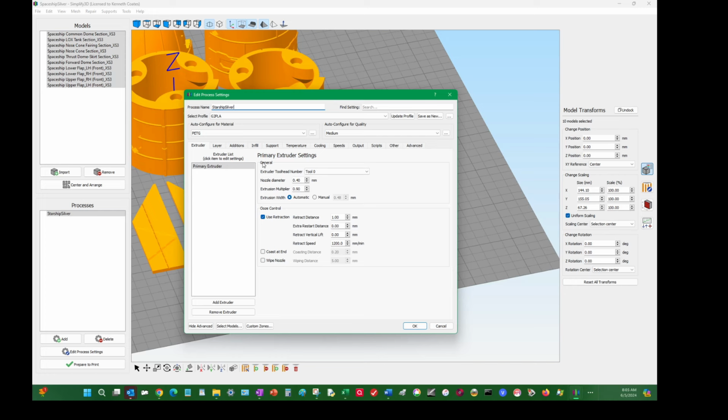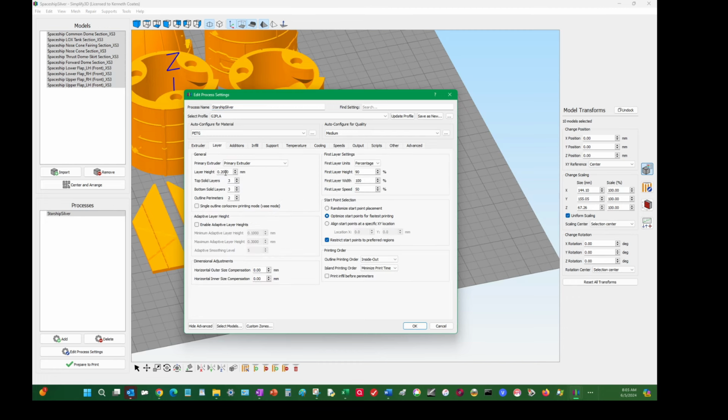So this is our standard PLA profile. We use a 0.9 multiplier, 0.3 nozzle diameter. We use automatic, that uses a 0.48 extrusion, which speeds up printing a little bit. We use 2mm layers, outer perimeters 2, solid layers 3, and then